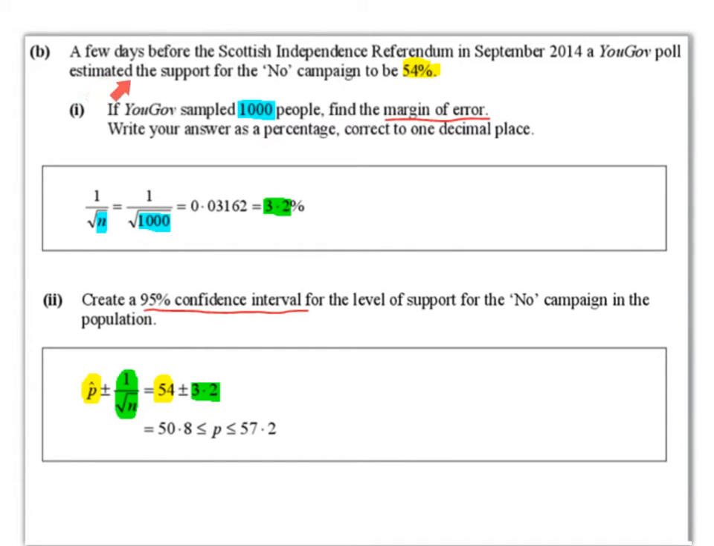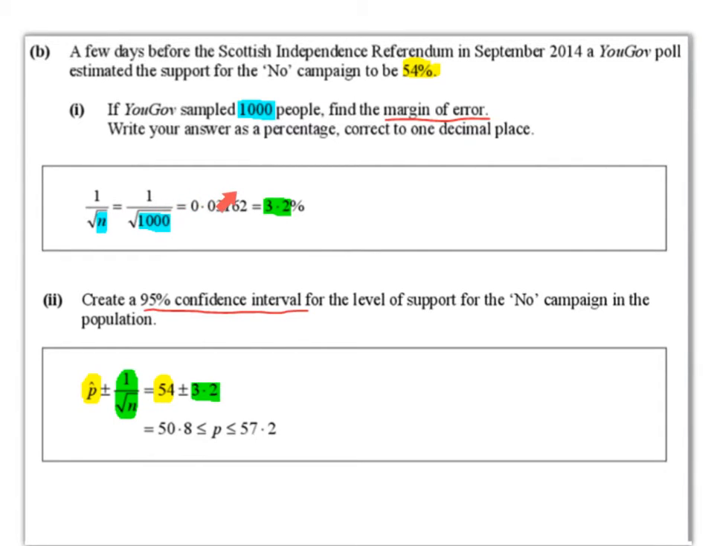Okay, so if YouGov sampled 1,000 people, find the margin of error. Write your answer as a percentage correct to one decimal place. So the formula for margin of error is 1 over root n, and this is not given in the formula book. You have to learn it off by heart, where n stands for the number of people. We know that the sampled number of people was 1,000, so it's going to be 1 over the square root of 1,000,